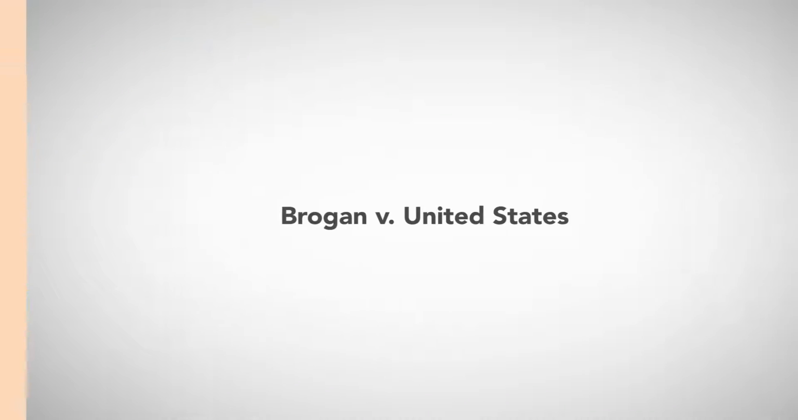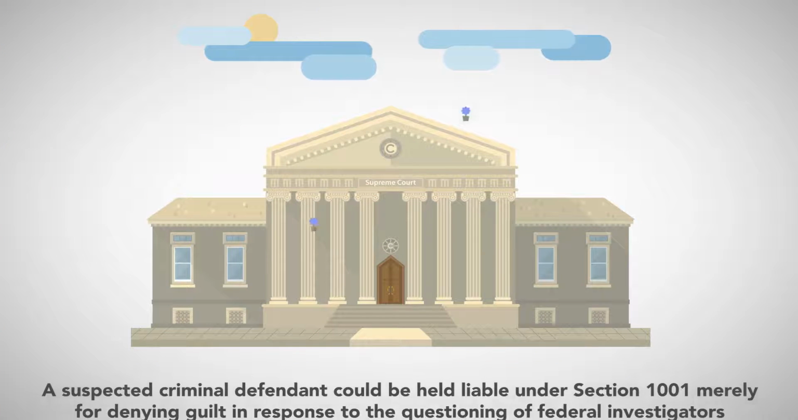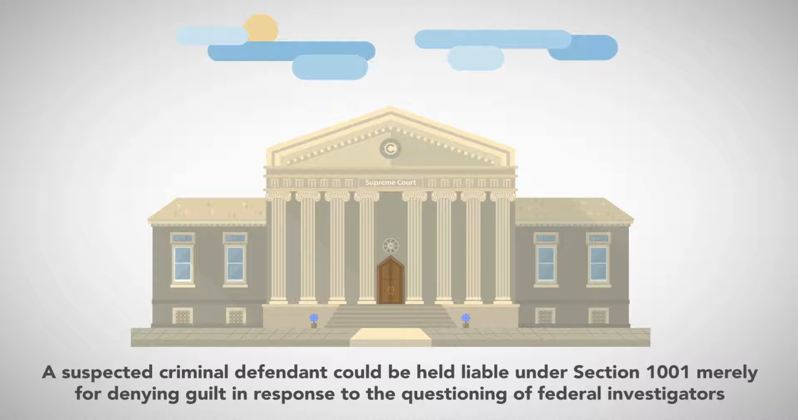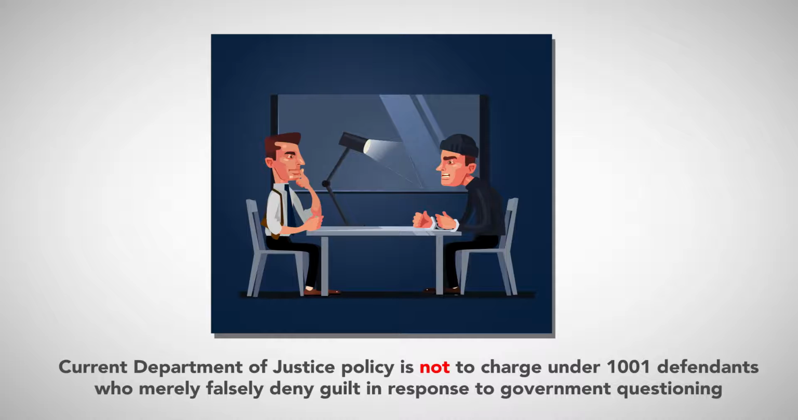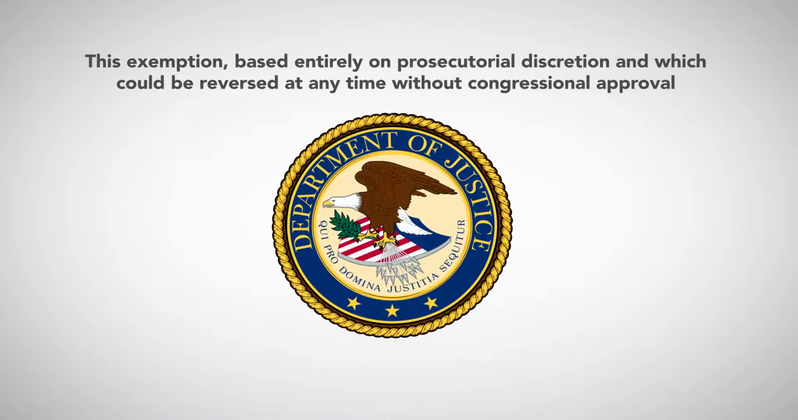In Brogan v. United States, the Supreme Court ruled that a suspected criminal defendant could be held liable under Section 1001 merely for denying guilt in response to the questioning of federal investigators. Still, current Department of Justice policy is not to charge under 1001 defendants who merely falsely deny guilt in response to government questioning. Still, this exemption, based entirely on prosecutorial discretion and which could be reversed at any time without